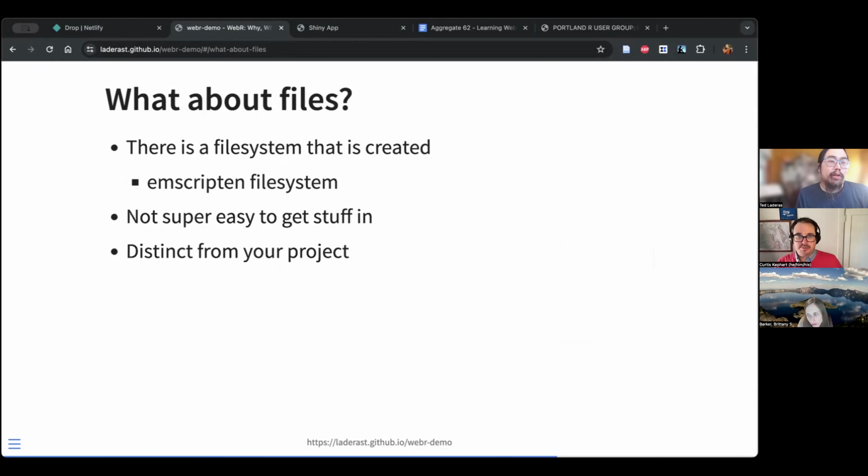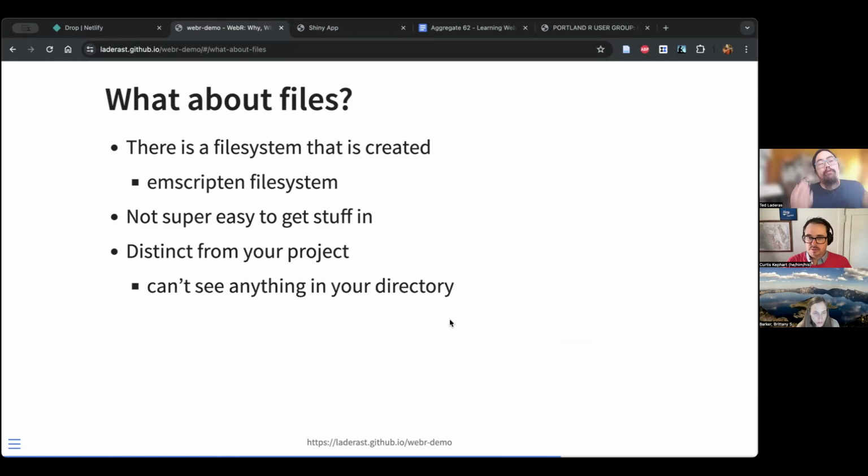One thing to note is that this file system is distinct from your project. It does not see anything in your project. There are ways to have it see folders, but there's some configuration you need to do. So from the start, it just can't see anything in your directory. So if you were trying to load stuff in,